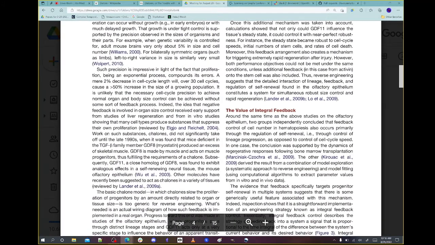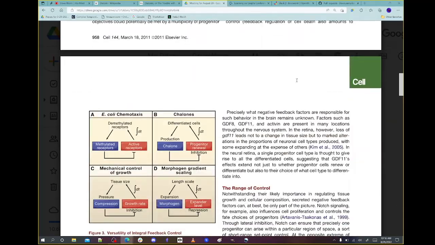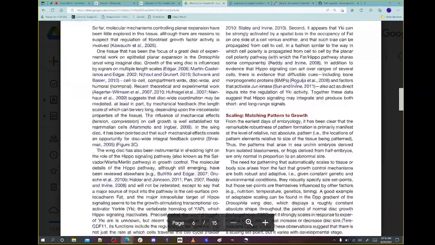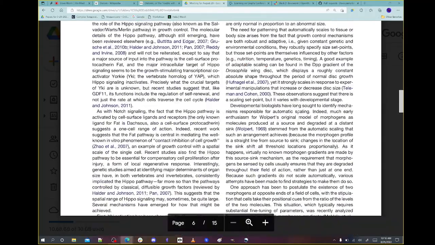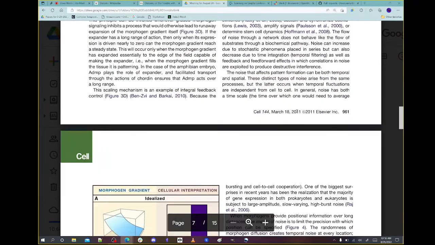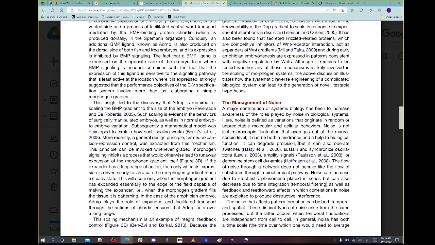And then, there are other types of things that they talk about with integral feedback. This is a very valuable paper, just in terms of laying out these different issues and going through some of the things in those first two figures in a little bit more detail. They also talk about the management of noise, which is an interesting thing if you're interested in how noise works, because noise is actually very important in a lot of